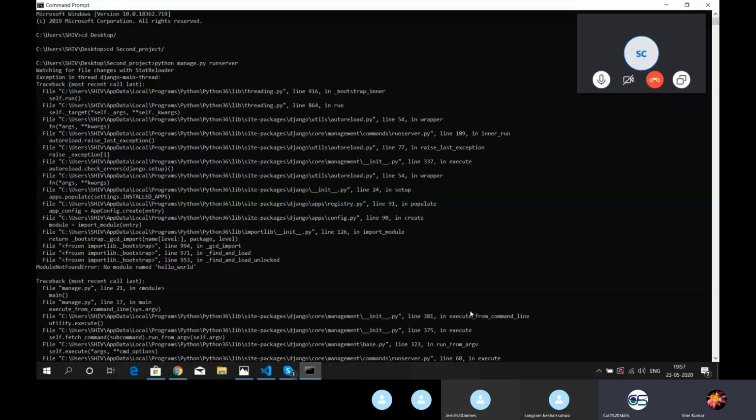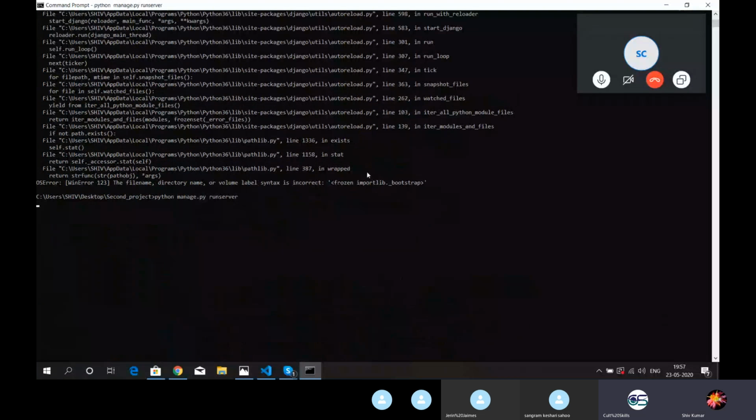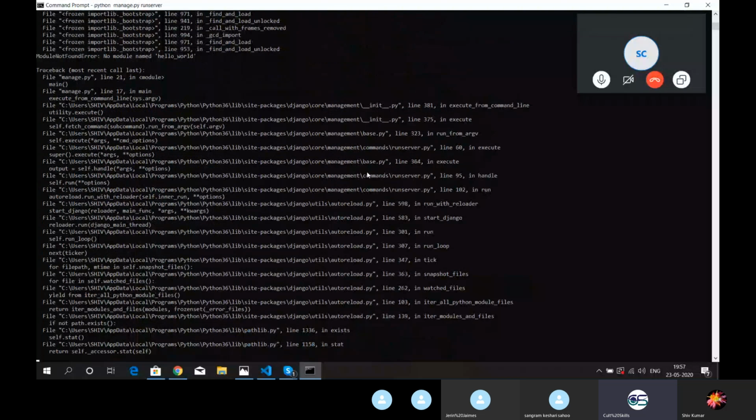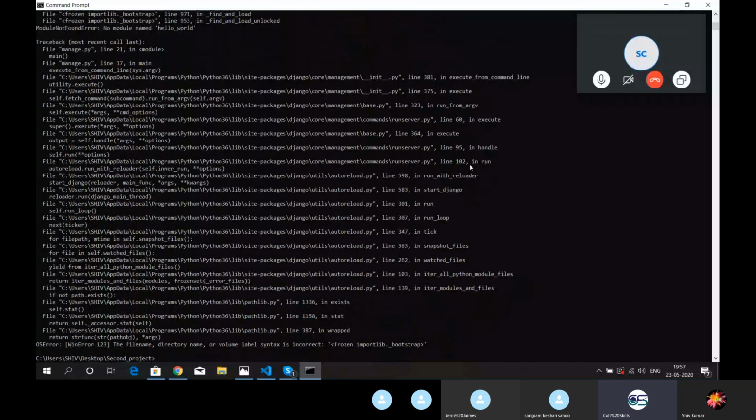Run that again. You are at the top of your command prompt. Run that right now. It still says no module found hello. Okay, so at least you need to run the file where you are running the file.